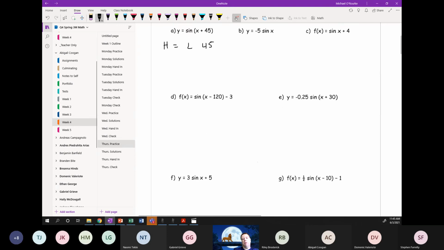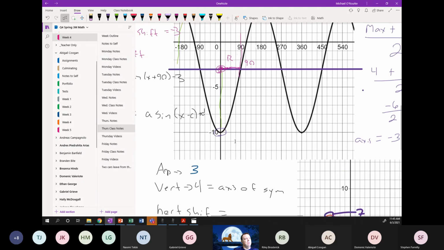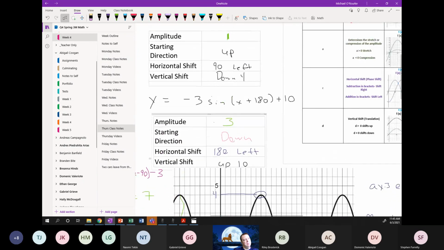Okay? I'll go over with you, Dominic. It's exactly like the questions we did right here, Dominic, with these little charts. Exactly like this. What's the amplitude? What's the starting direction? What's the horizontal shift? What's the vertical shift? Like I could just take, let's go back. Right? So we're pretty much doing,